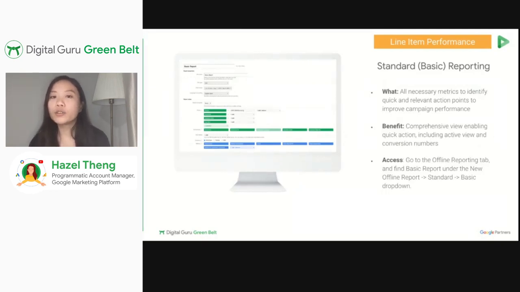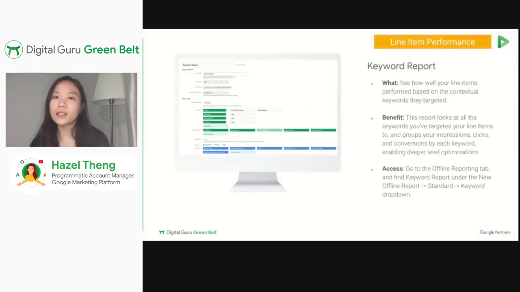With this report, you can look into which specific devices, URLs, or even site categories are performing well or not well, and directly use these insights to optimize your campaign performance.